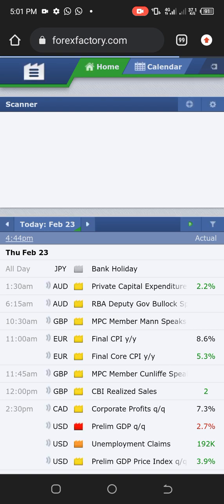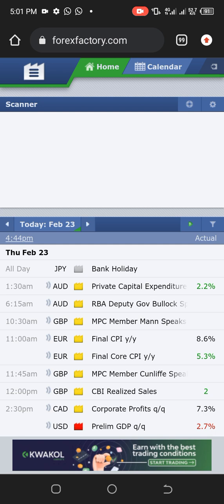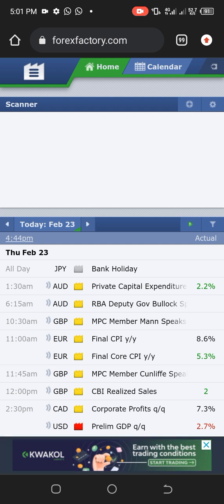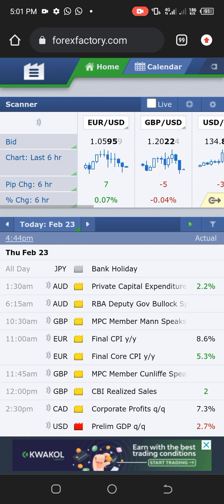So this is forexfactory.com. Since I'm using the cell phone, all you have to do is just go to your Chrome or whatever browser you're using and key in www.forexfactory.com. Forexfactory.com is going to bring you back to this page, forexfactory.com calendar. If you see calendar, it should take you to this home page directly. So you get to this particular place.